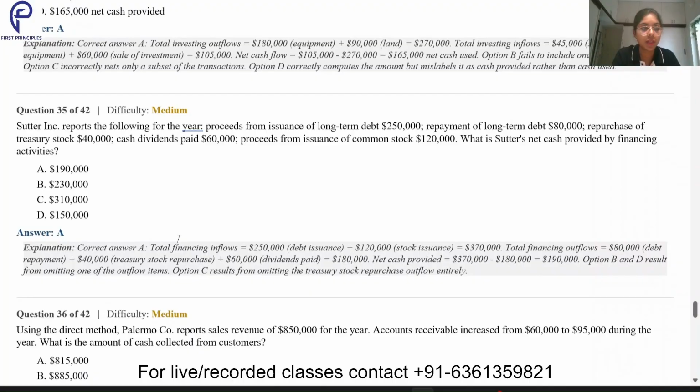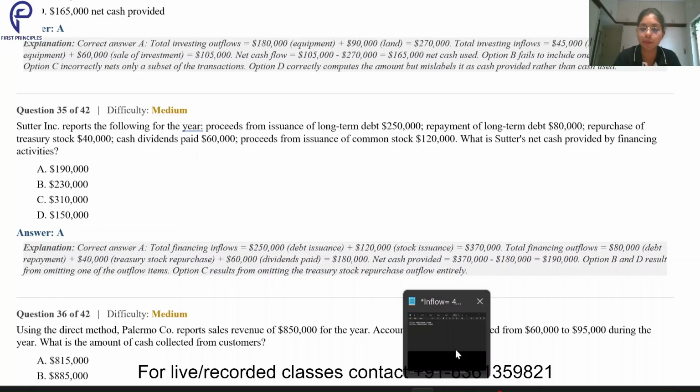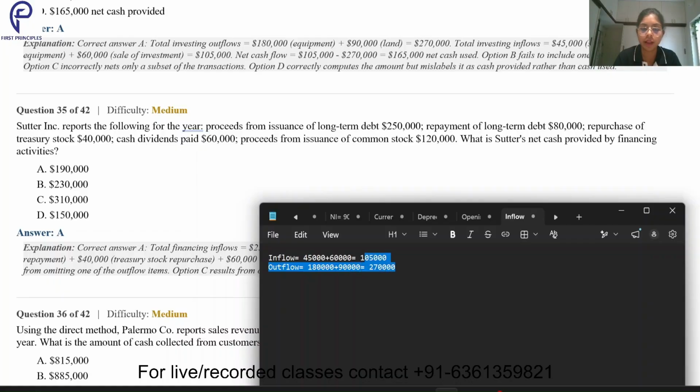Question number 35. Sutter Incorporation reports the following for the year. So they are reporting this. We have to calculate net cash provided by financing activities. Again, same approach I'll follow. I'll just use this inflow-outflow technique. Just write I and O on your paper. Whenever you're doing the exam, no need to write all these full-fledged things, in order to save your time